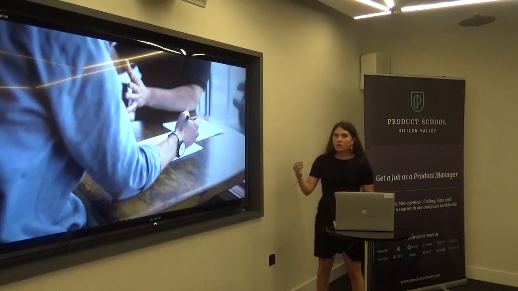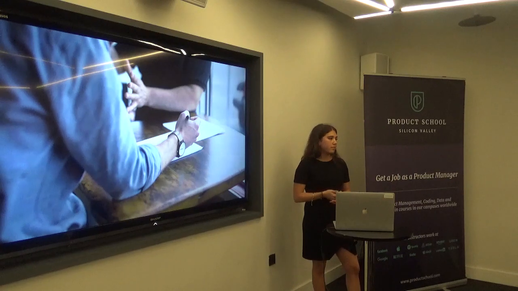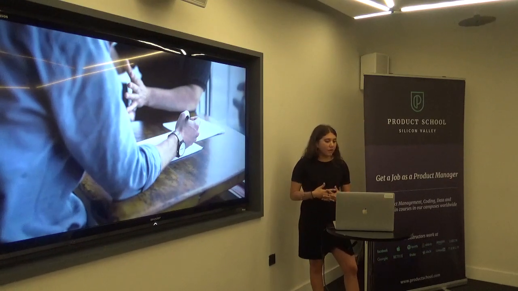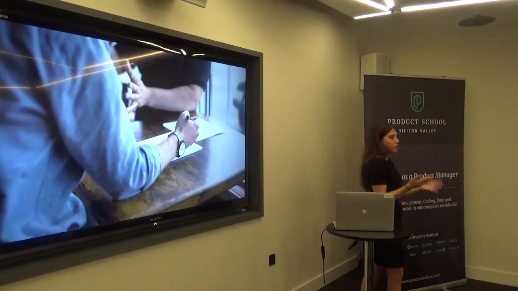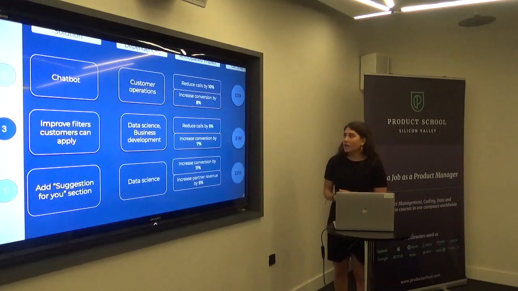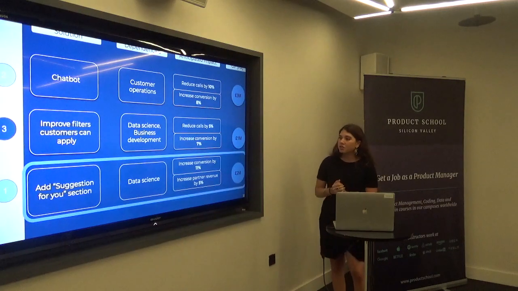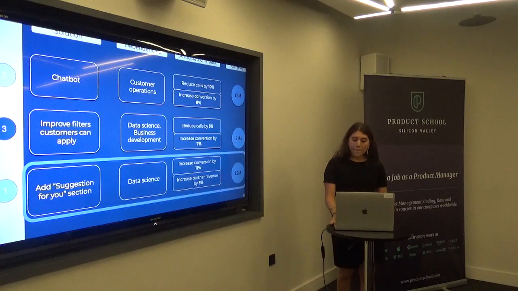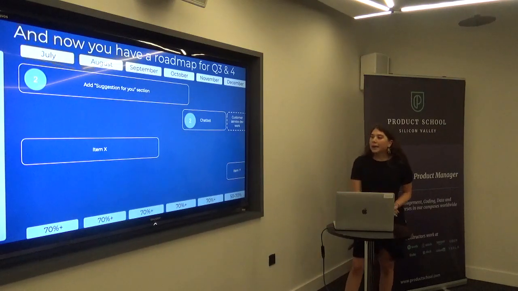And by doing that, you're not only bringing focus to this meeting, you're also probably reducing the time it takes to come to a decision significantly. So you come prepared, you have the relevant individuals and stakeholders in your product planning meeting, which may differ depending on what company you work in. And you then identify that based on all these options, this is my next best solution. And you add these to your roadmap for Q3 and Q4.